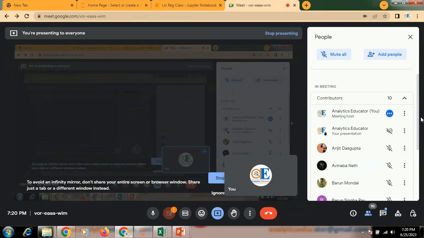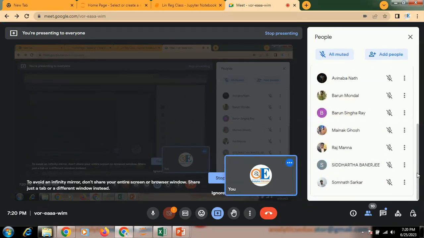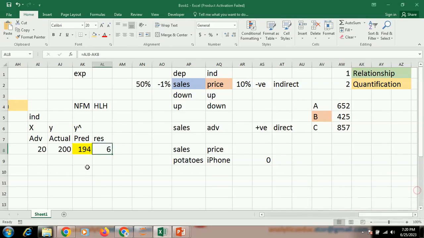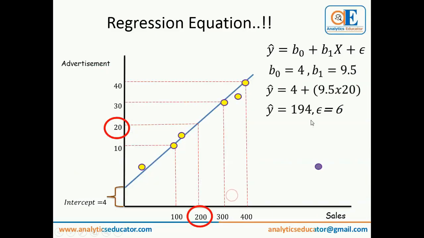Now this is called a residual, which is denoted by epsilon. So we can very well understand in a linear regression, the lesser these residual values are, the better the model, the better the equation. Ideally it should be 0.